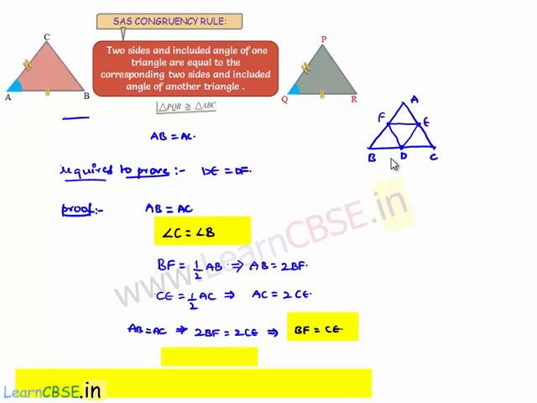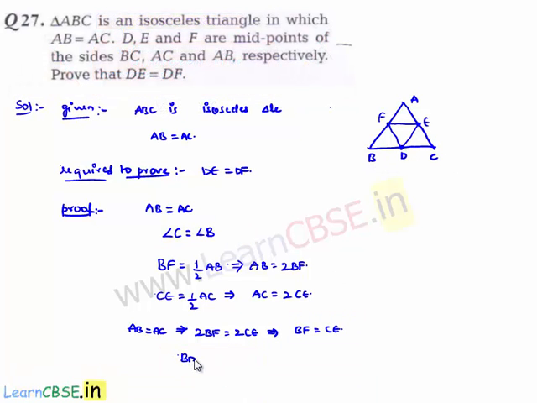Now it is given that D is the midpoint of BC, therefore here BD will be equal to DC. So now let us consider triangle BDF and triangle CDE. In these both triangles,